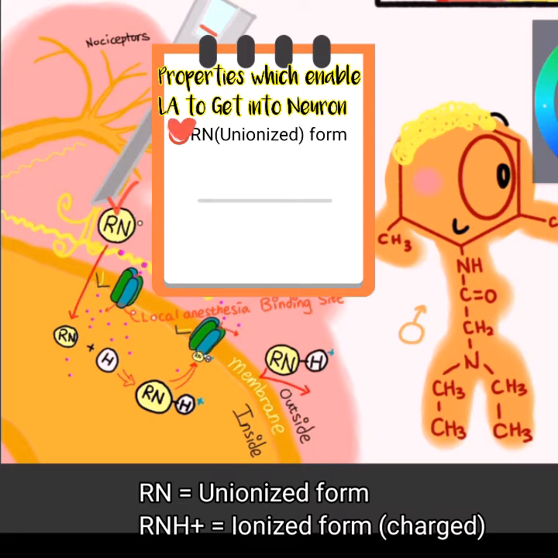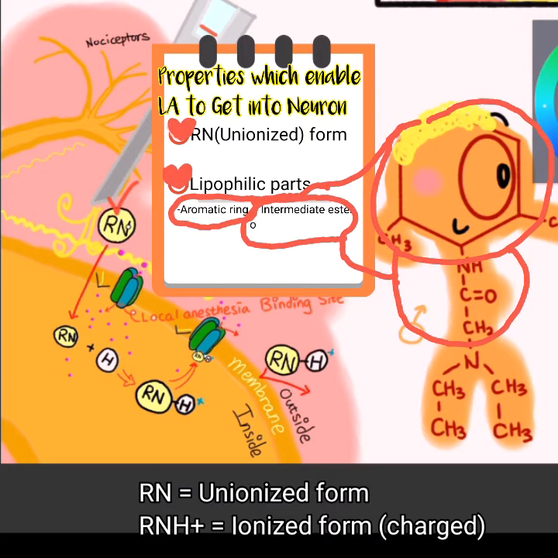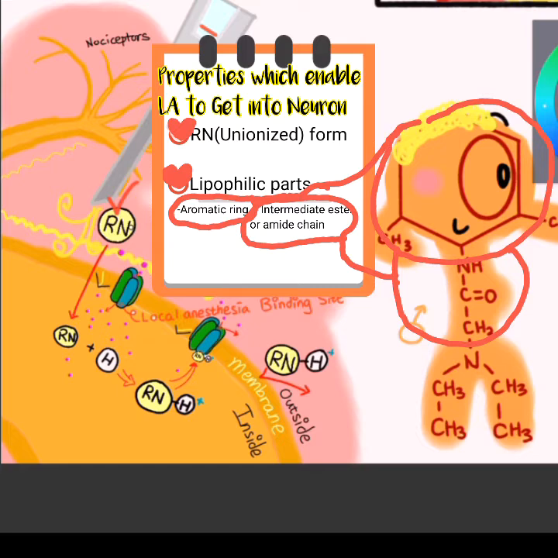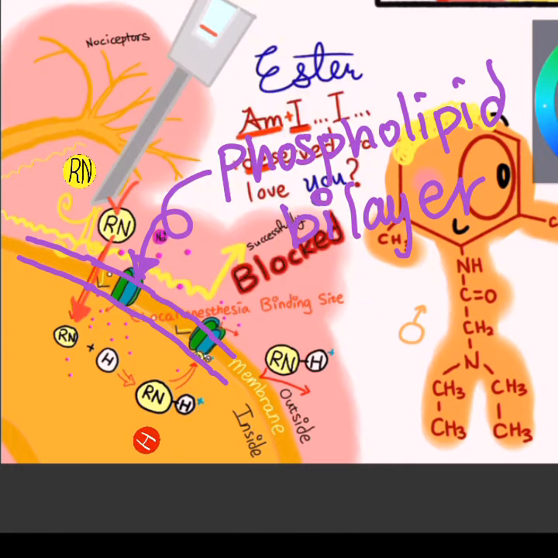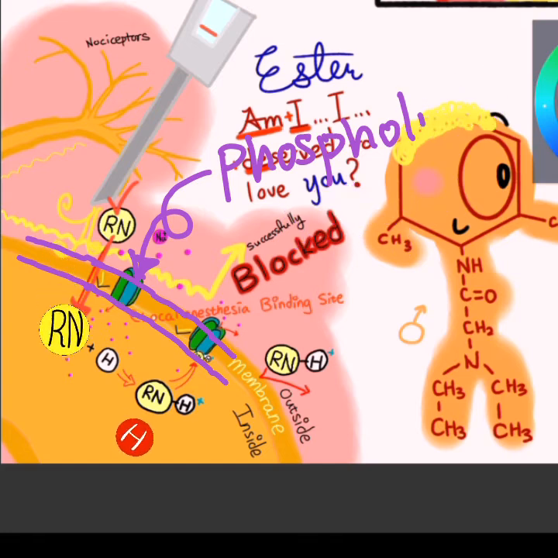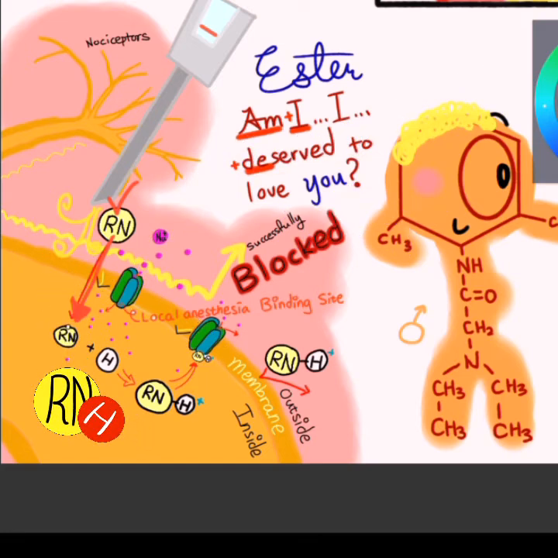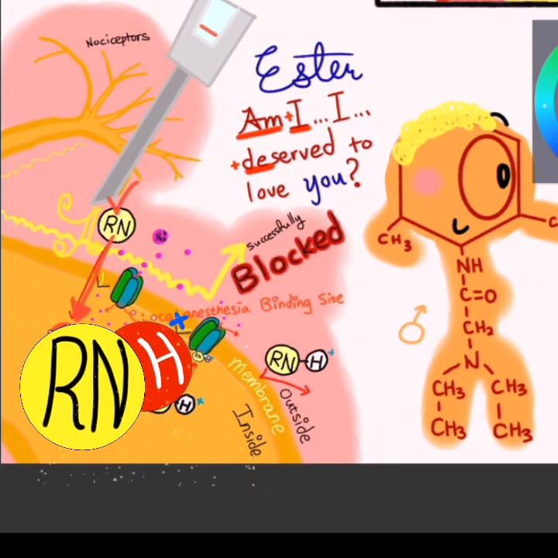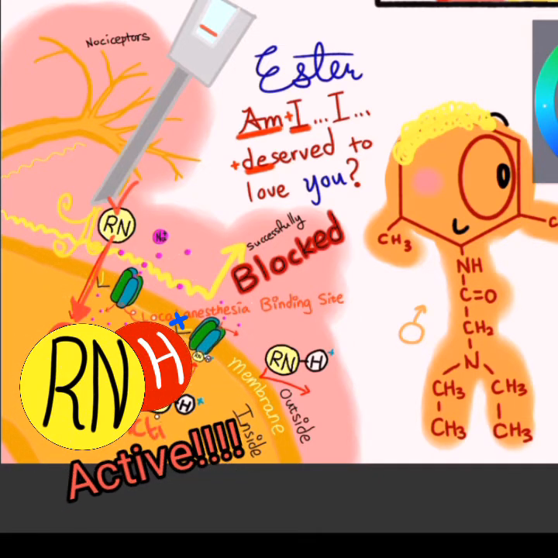Since it is unionized, and since its head is lipophilic, as I mentioned at the very beginning of the lecture, it can cross the phospholipid bilayer. And once it crosses, it is ionized. The ionized form is called the active form. Once it is activated,